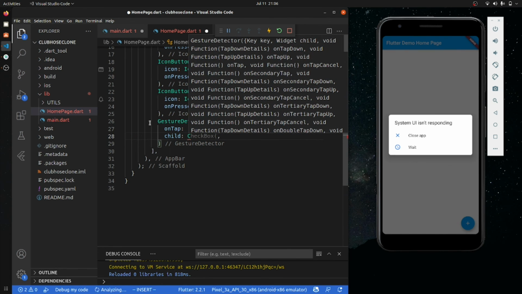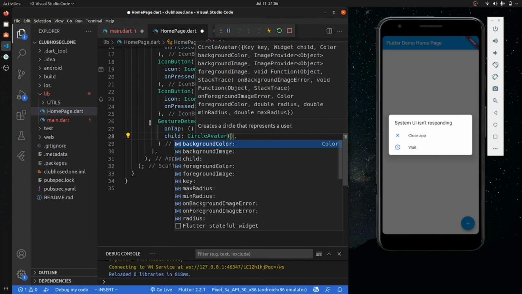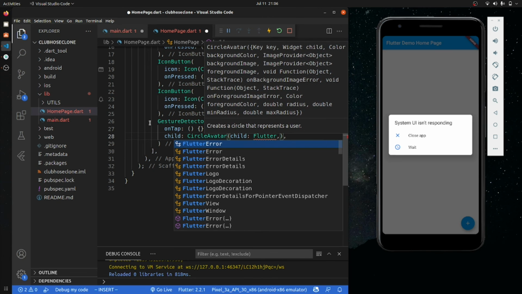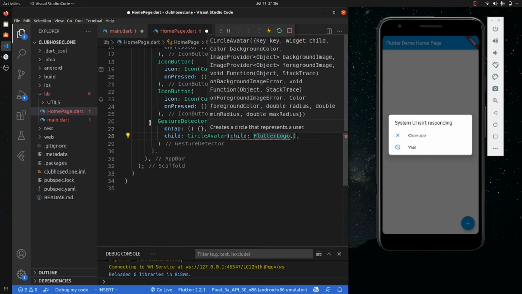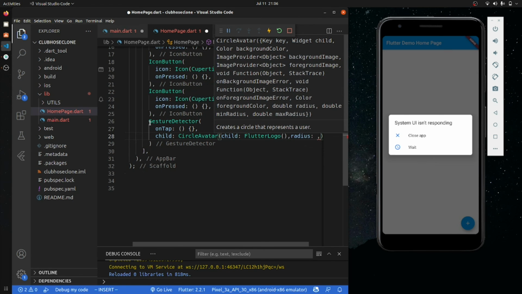We can go with the circular avatar, and inside that we can go with the child as Flutter logo. And now we can just go with the radius. We can set the radius as 30.0.